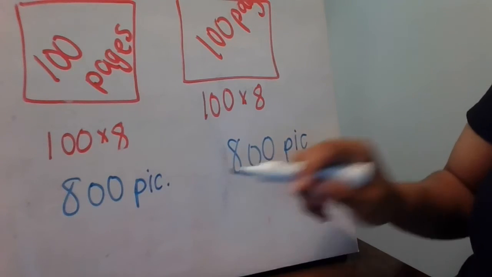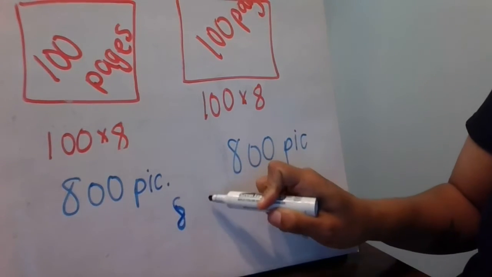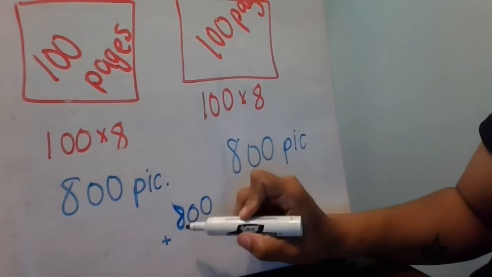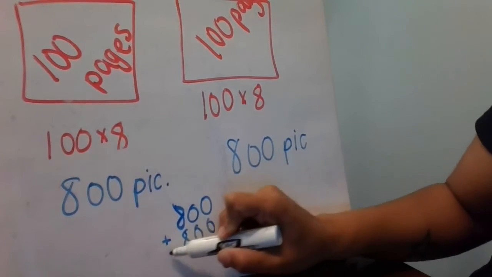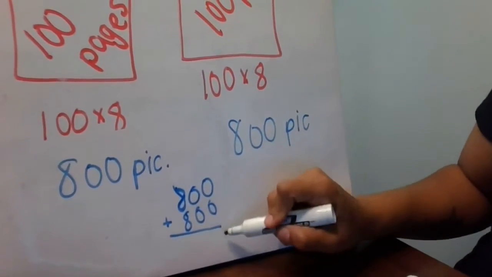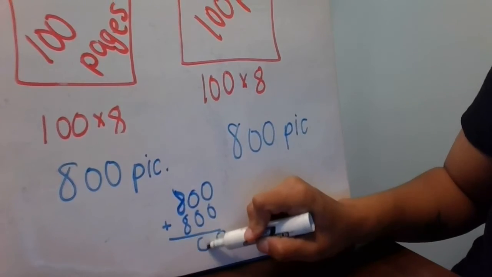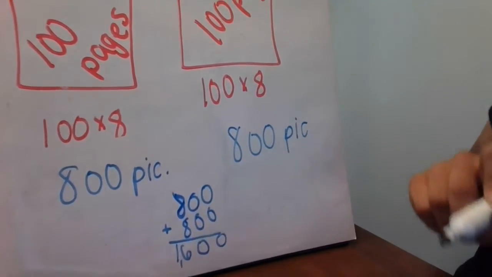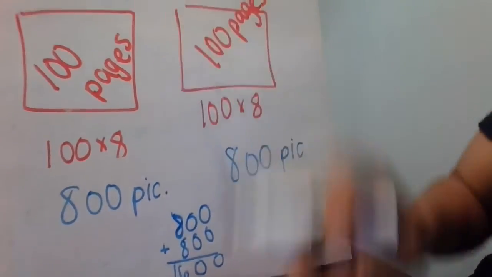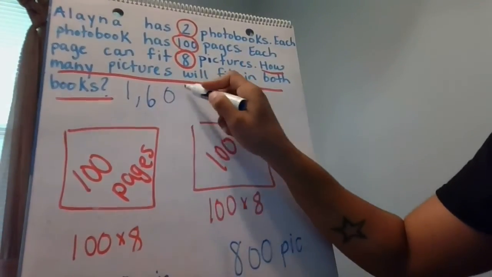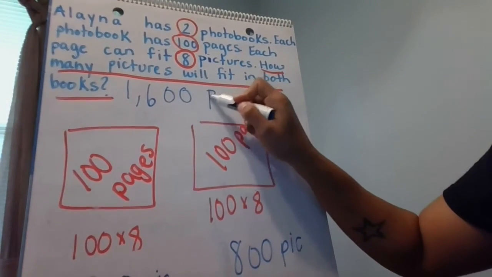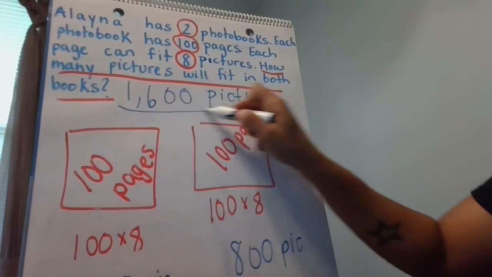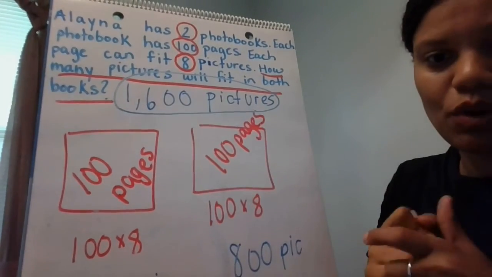So 800 plus 800, okay, 0 plus 0, 0, 0 again. I got a double stack, 8 plus 8. Elena would be able to fit a total of 1,600 pictures in both books. So if you were able to solve and you got 1,600 pictures in both books, awesome